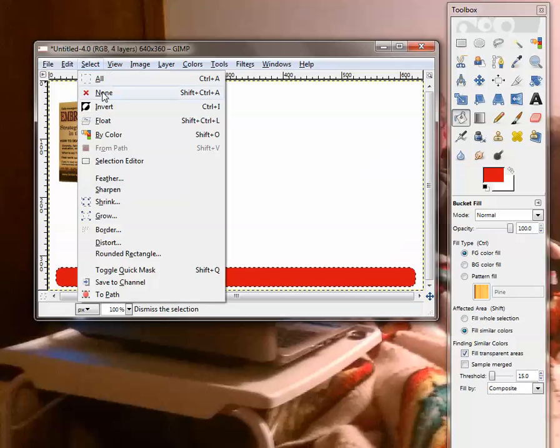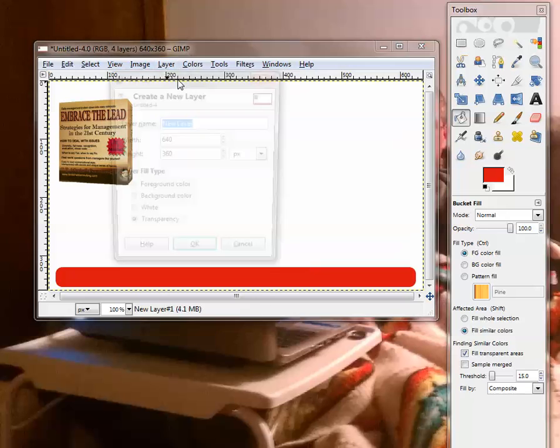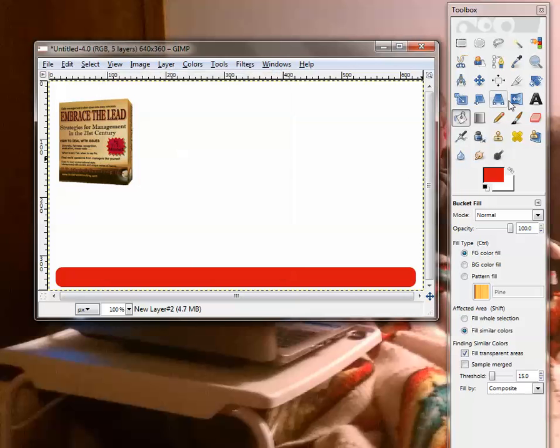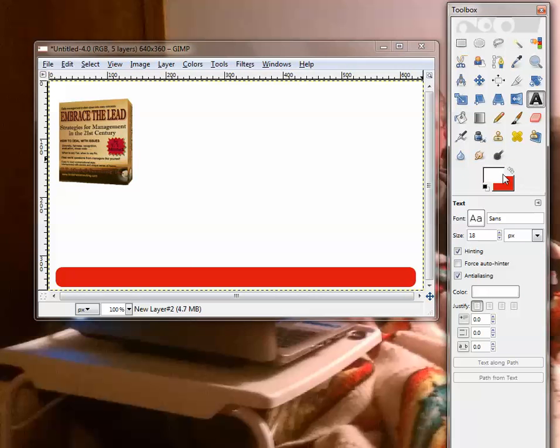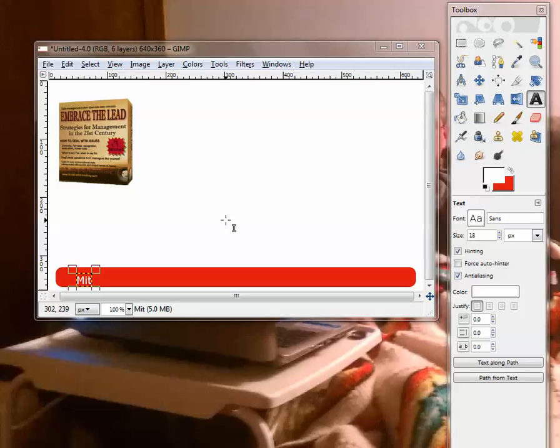Unselect that, add another layer, switch this over to where it's white font, and we'll see. Mitch Mitchell. I'm just going to do his name in case I want to change things up with this website,